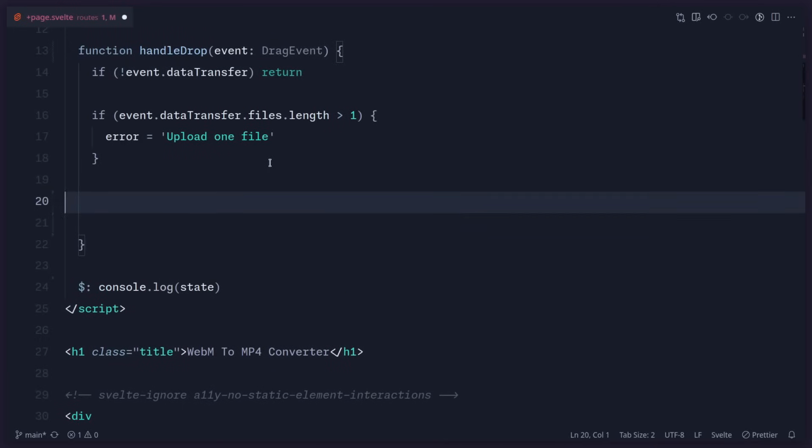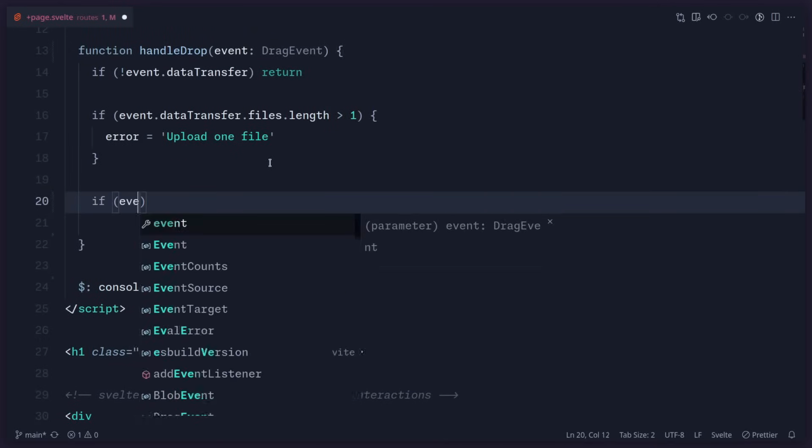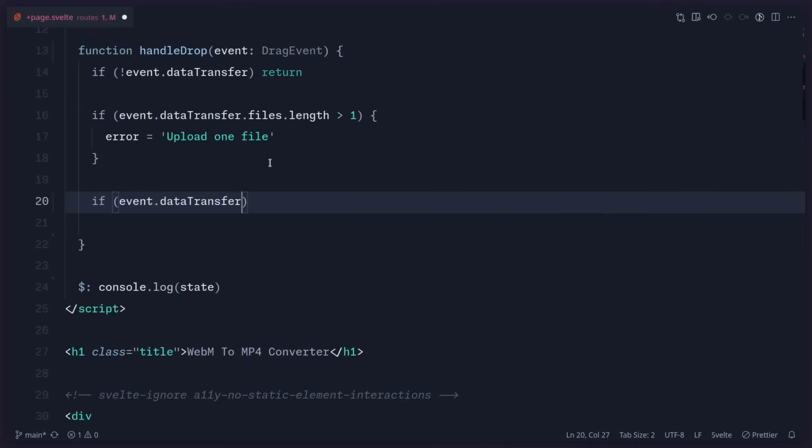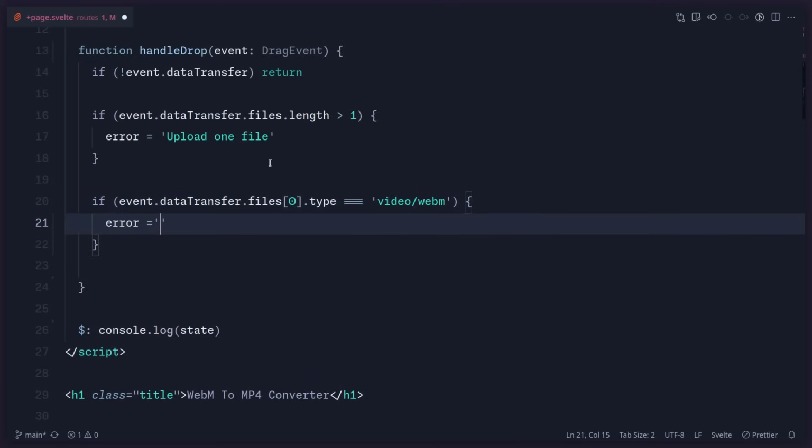So that is really simple to do now. We can say if event.dataTransfer.files, so we're going to pick the first one because we always assume it's just one file, otherwise it's an error, right? And then we can say type, and we can say video/webm. In this case, we're going to clear any errors that we have, and then we're just going to get the